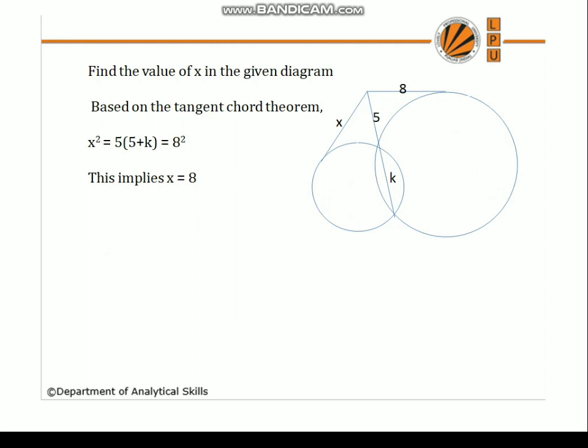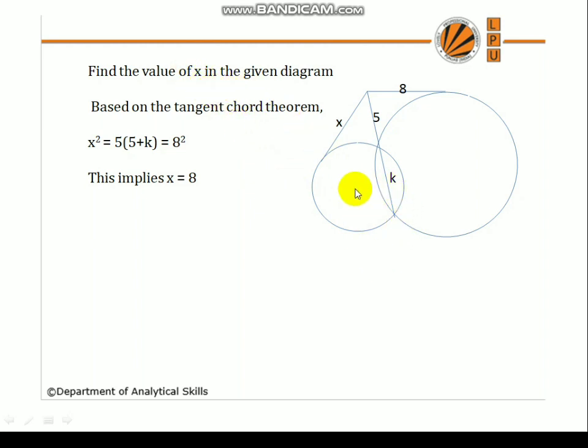Here is a simple problem where you can answer directly. Here, two tangents are given. One tangent on a small circle, length is x. Another tangent on the bigger circle, length is 8. And now a common chord of both the circles, length is given K, which is extended to a line 5. But now we have to find the value of x only, not the value of K.